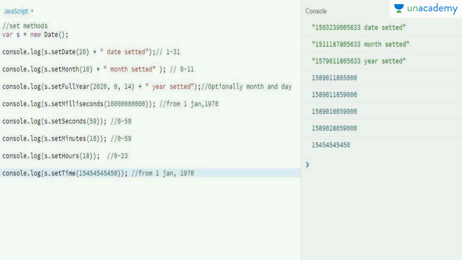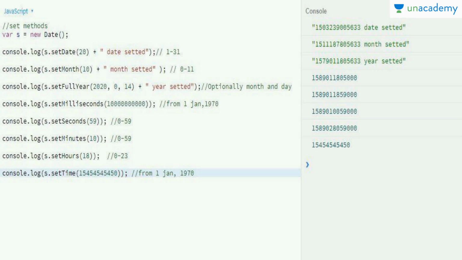All these values are from January 1, 1970, so you have to keep that in mind. Now I am setting the milliseconds to 100000000, and if I missed some 0, put that at the end. So from January 1 we have set the milliseconds.